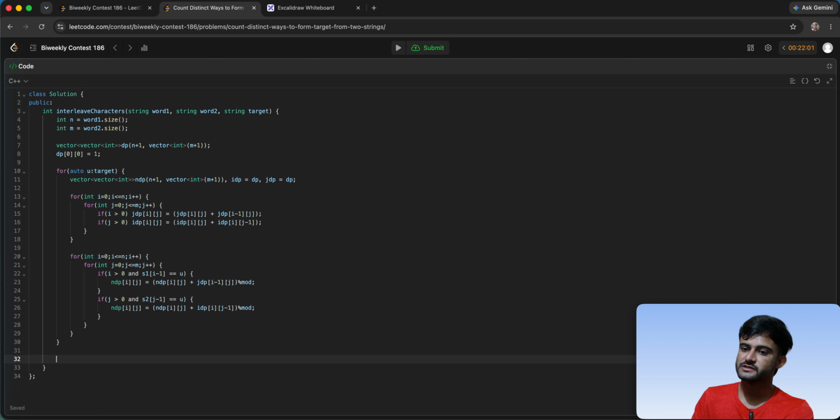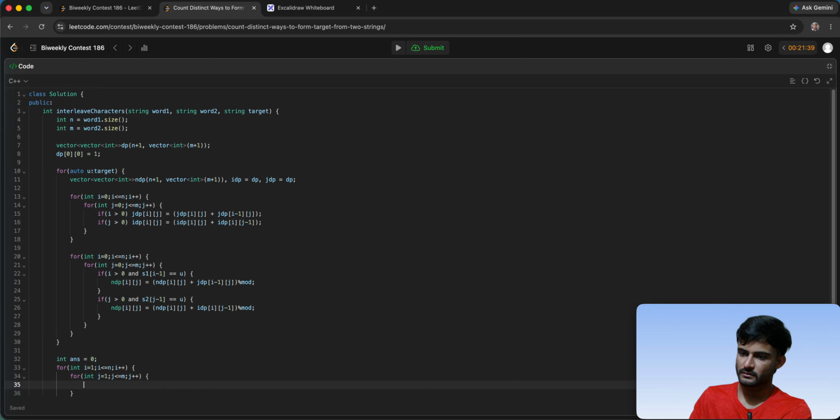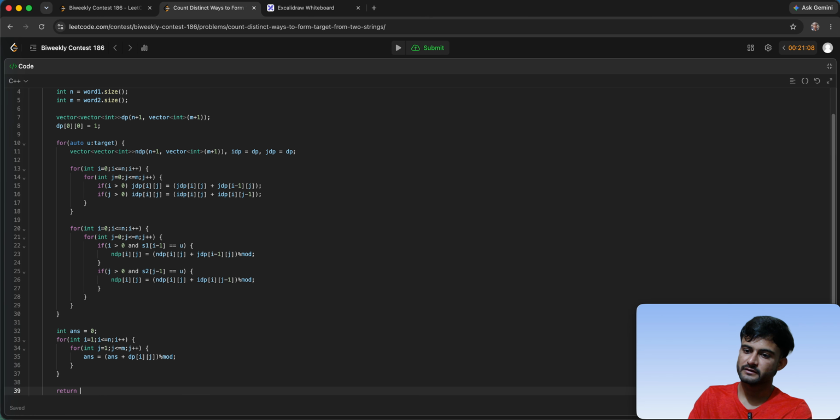नाउ okay, once we have all of these states ready for our final target array, अब हम क्या करेंगे? हमारा आंसर क्या होगा? हमारा आंसर होगा सम ऑफ ऑल ऑफ these states, राइट? इस सारी स्टेट्स का, क्योंकि हम लास्ट पिक्ड एलिमेंट क्या हो सकता है हमारा? कोई भी हो सकता है ना। लास्ट पिक्ड एलिमेंट लेट्स से हमने S1 में से I पिक किया, S2 में से J पिक किया, और इससे हमारी फाइनल टारगेट जो स्ट्रिंग है वो बन गई। और इसके लिए टोटल नंबर ऑफ वेज कितने थे? उसके लिए टोटल नंबर ऑफ वेज आपके थे DP of IJ। रिटर्न योर आंसर।